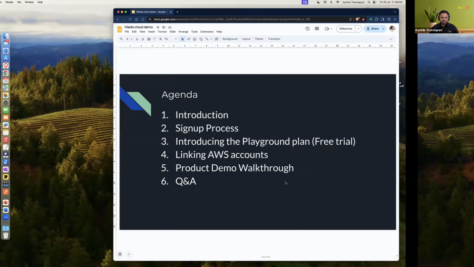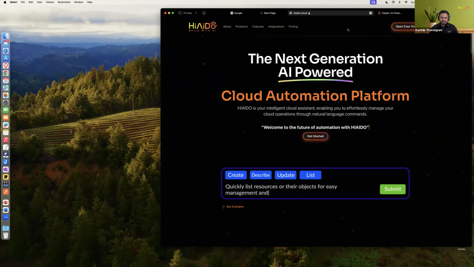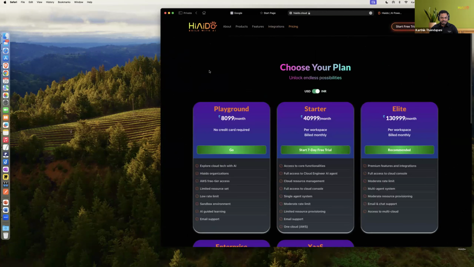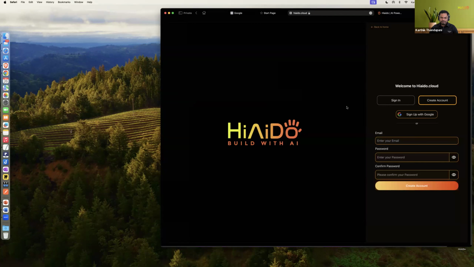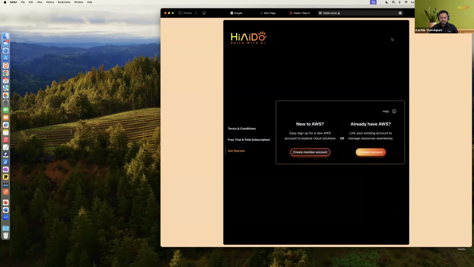Okay, so now the sign up process. I'm sure you are aware of the website we have. We have this pricing page. I'm working with my engineers to make the playground plan with a trial edition, or what you call the trial period. We are working on it. When you click on this button, it will show you a login page where you can either sign up using your existing Google account, or enter your email and password to create an account. When you create an account and sign in, you see this onboarding widget,